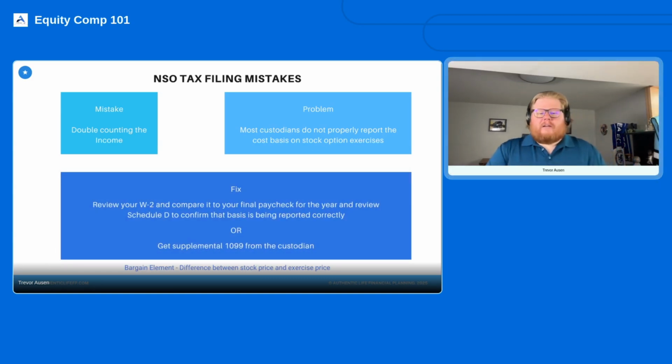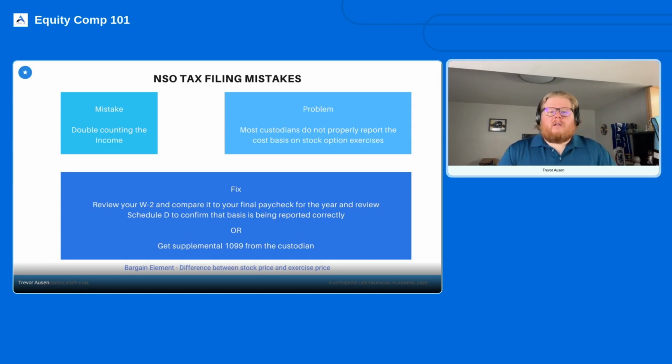There are two ways to fix it. One is that some custodians will share a supplemental 1099 that reports the correct basis on those shares. Unfortunately, not all custodians do this, even though they're supposed to. And if you don't get a supplemental or a corrected 1099 from that custodian,